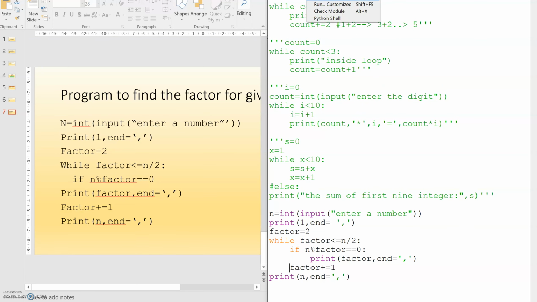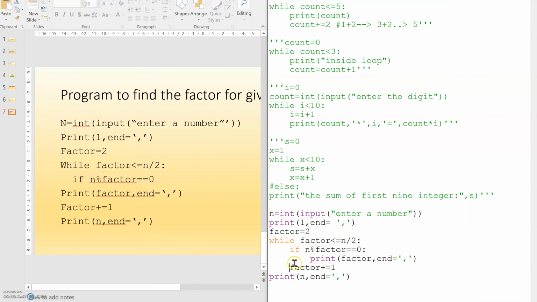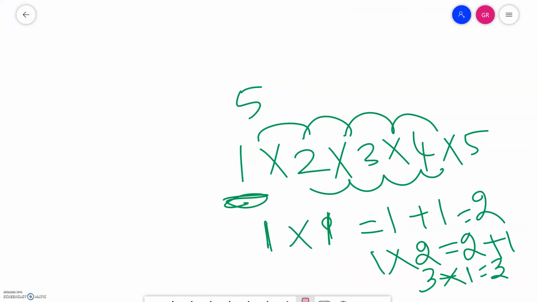Now let's see the program. So I'm teaching you how we can find out the error and then how we can rectify. Here you see 1, 2, 3, 4, 6, 8, 12, 24. So each and every indentation is also very important, first the while we have applied. So if I'm giving whatever the number, factor.